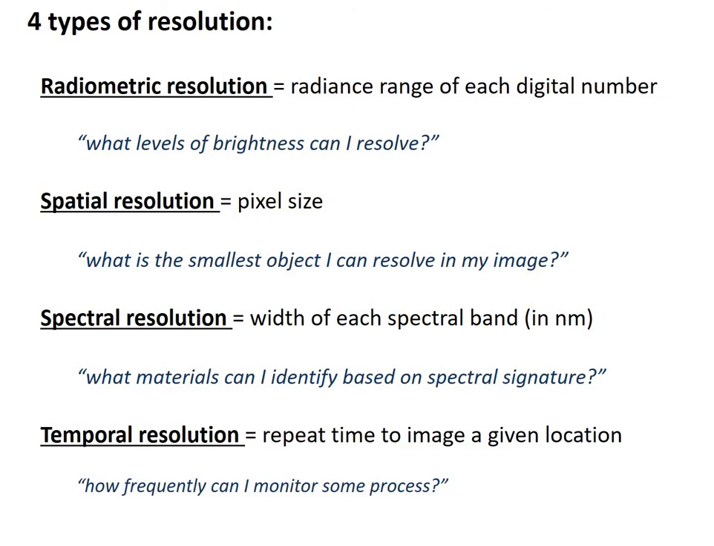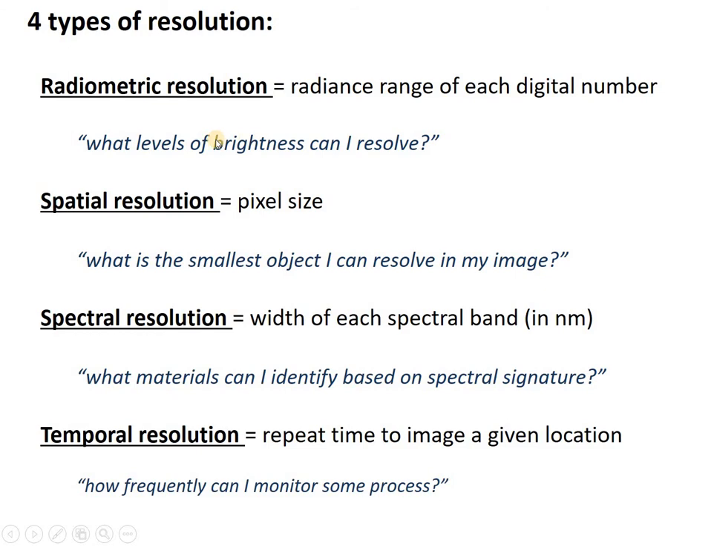Radiometric resolution is essentially the range of energy or radiance that is recorded by any given digital number, or that's mapped into any given digital number. And this really amounts to what levels of brightness can I resolve, right? If a large range of brightness has been mapped into a single digital number, you can never resolve anything below